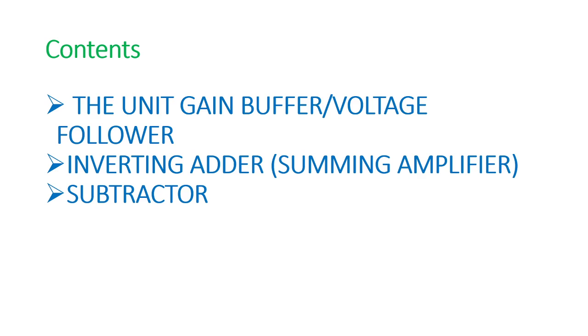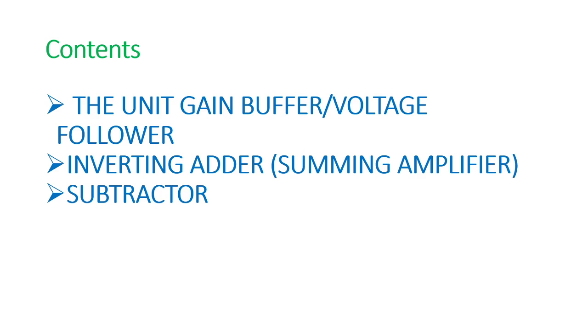Also, we know about the characteristics. An ideal op-amp has the following characteristics. First, an infinite open loop voltage gain. This is the voltage gain when a differential input is given and no negative feedback is used. The second characteristic is infinite input resistance. This is the resistance between the input signal and its input terminal. Third, the infinite input resistance results in zero input current and zero output offset voltage.